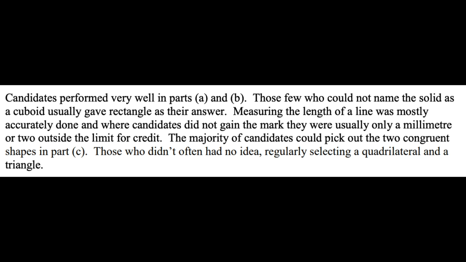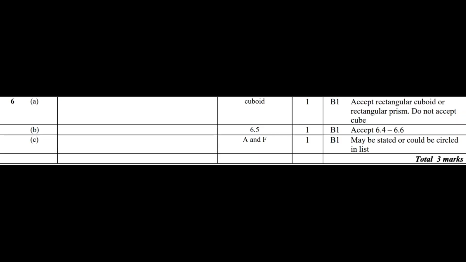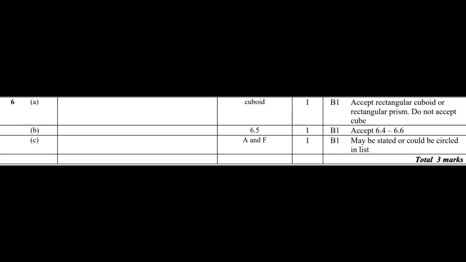Alrighty, and the last part, the marks, of course. This is a cuboid, 6.5. Now look at that, that's interesting. It says between 6.4 and 6.6. So the reason I'm wrong is because my printout is not the same scale as